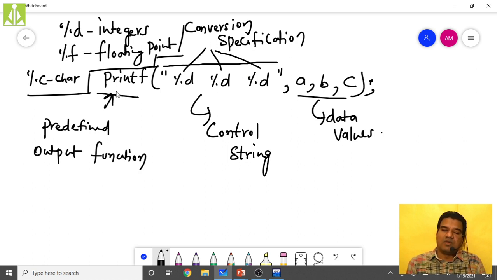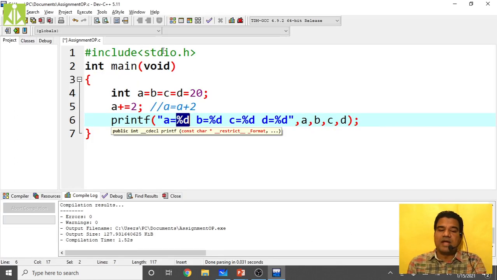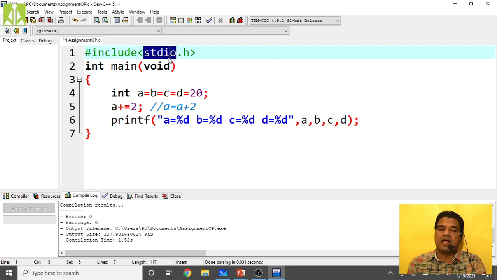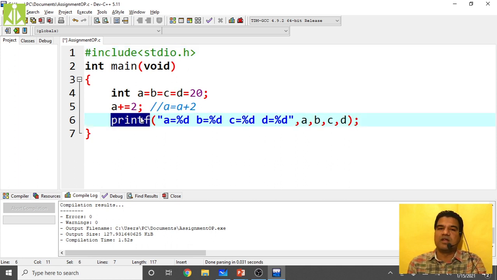And why are we saying printf is predefined? Because the complete code associated with how this printf function should work inside your program is already written inside the header file. When I'm writing the program, I'm using the header file stdio.h, the standard input output header file. Inside this header file, the code associated with printf is available.